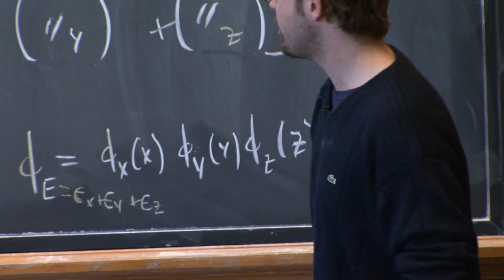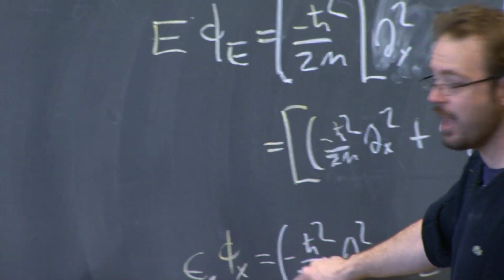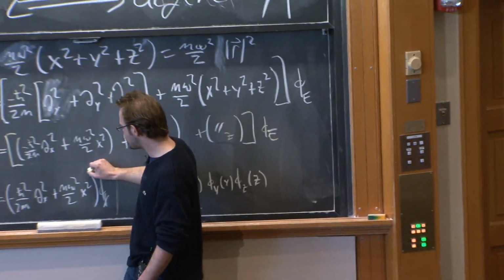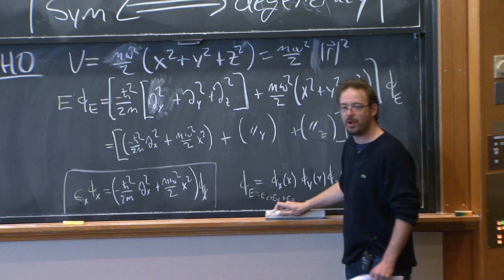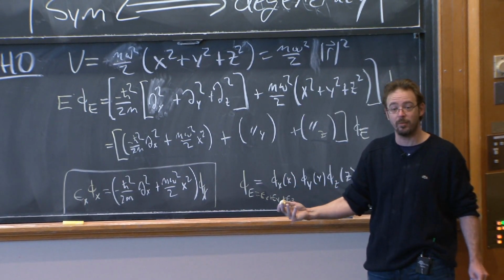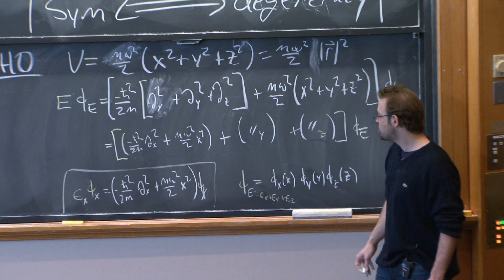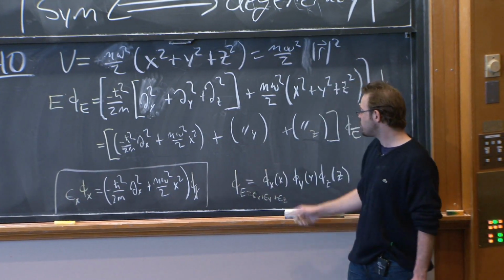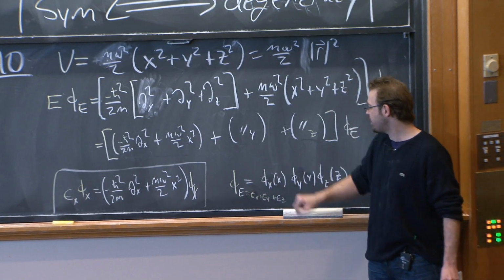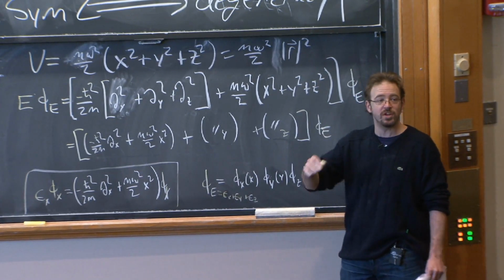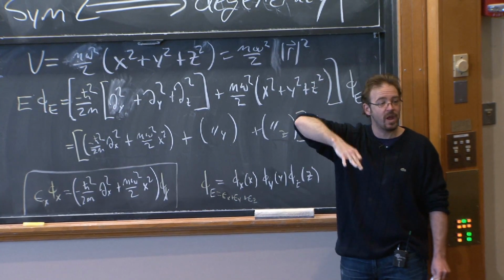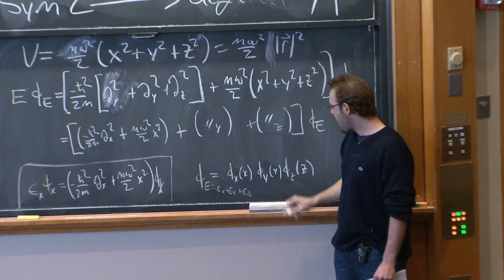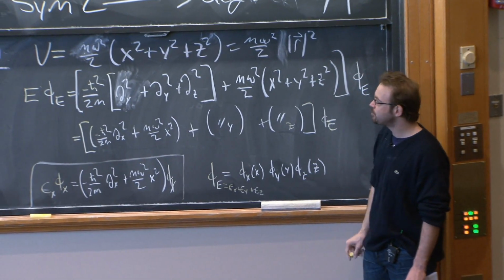Note that I've used a slightly different definition of epsilon here than before. Here it's explicitly the energy eigenvalue. So what this is telling me is, look, we know what this equation is. This equation is the same equation we ran into in the 1D harmonic oscillator. It's exactly the 1D harmonic oscillator problem. So the solution to the 3D harmonic oscillator problem, the energy eigenfunctions, can be constructed by taking a harmonic oscillator in the x direction, and we know what those are. There's a tower of them, a ladder of them created by the raising operator and lowered by the lowering operator. And similarly for y and similarly for z.